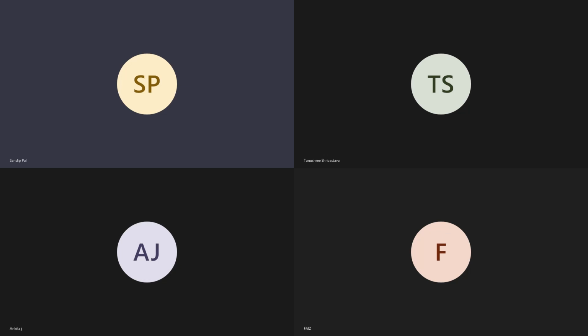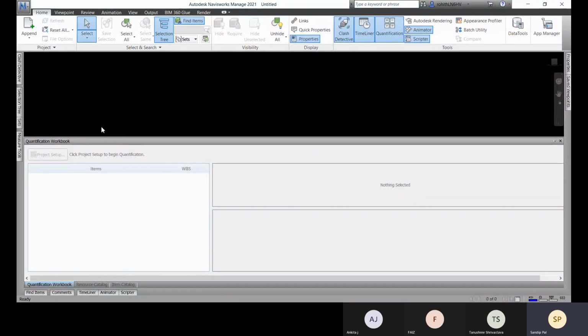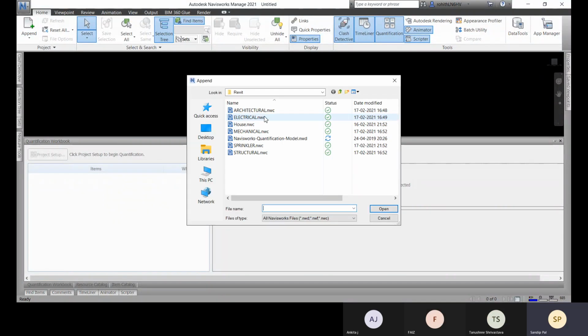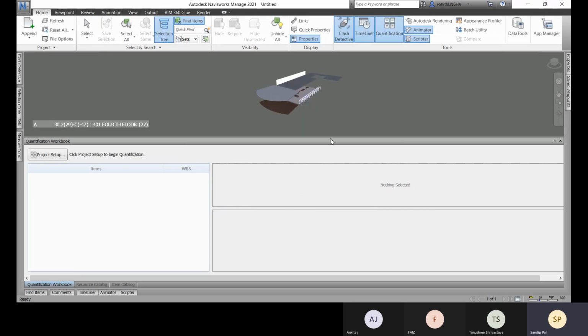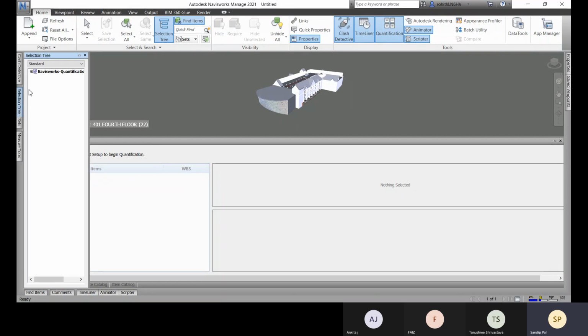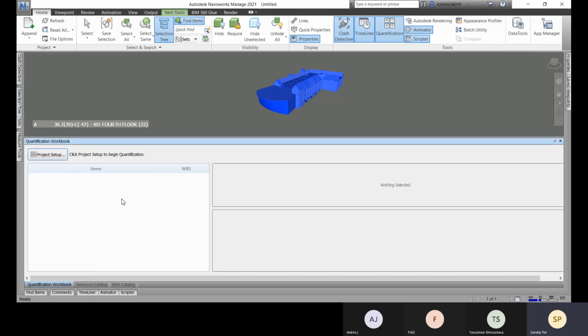Let me open the Navisworks work file. All right, now you can append this again. All right, so there you can see this is the file you have. So you can add this.